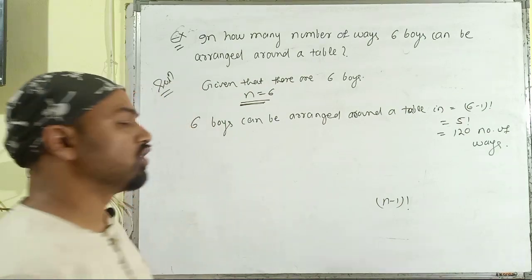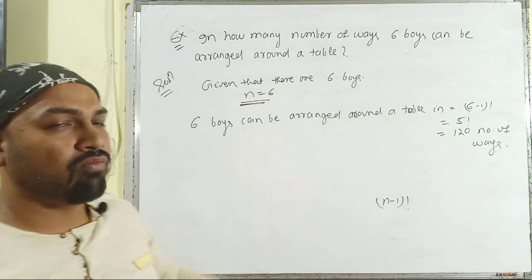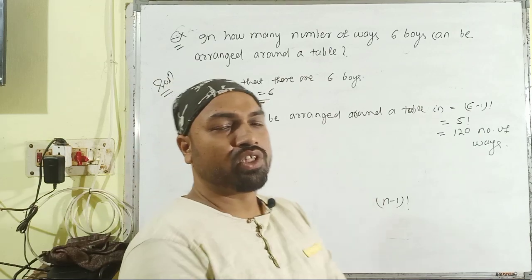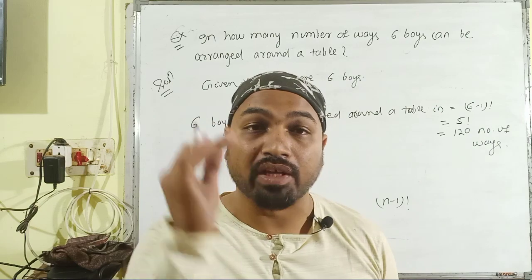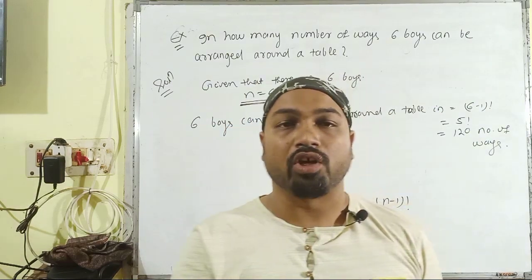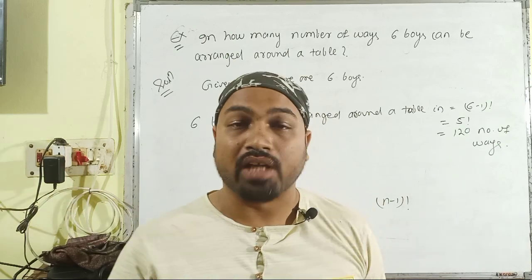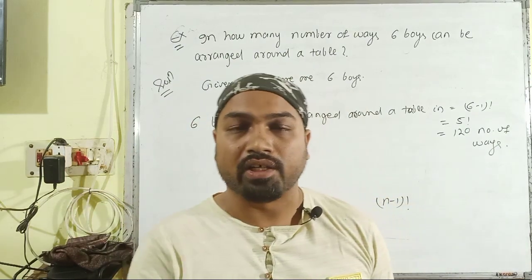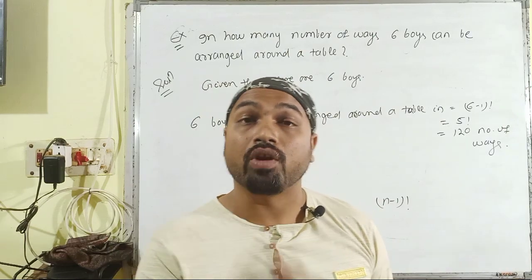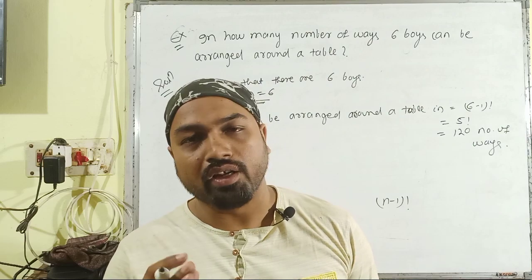Very simple problem based upon the circular permutation. So with this problem we conclude our video session for today. In the next video session we are going to discuss some of the basic and vital problems based upon the types of permutations, types of arrangements, as well as the grouped permutations, restricted permutations, and also circular permutations. Then we can start our exercise part. Till then, thank you.